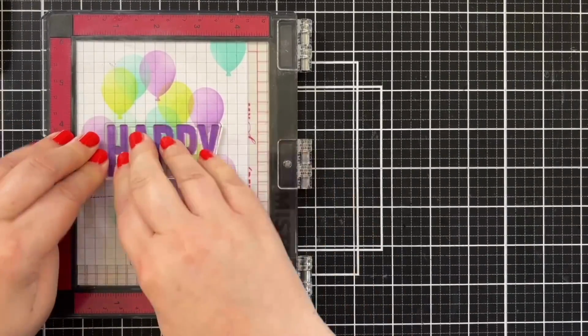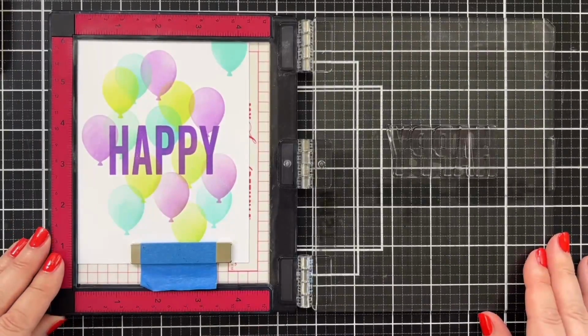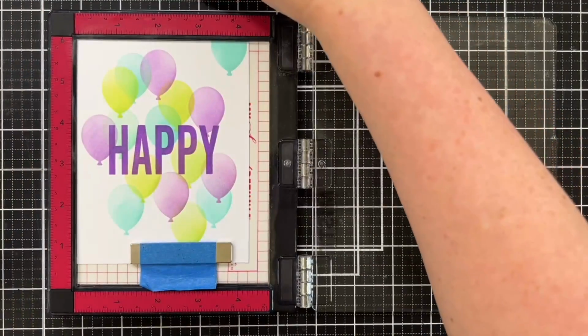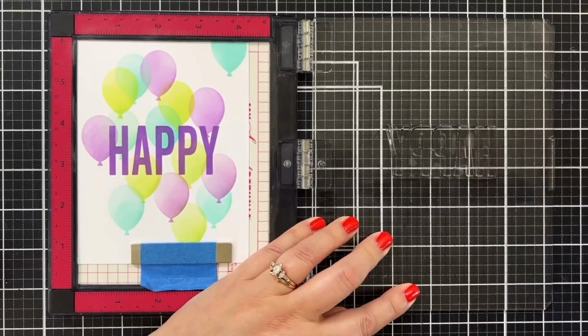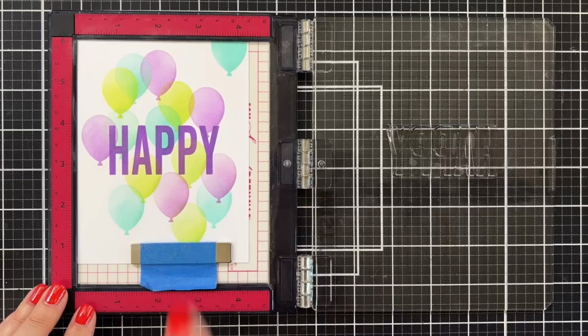This is what I love about the Misti tool, right? You're stamping it again and again in the same place. That would not be possible freehand unless you are the most coordinated person in the land. So that is the core of the design for now. I'm going to set myself a little timer for 30 minutes, come back, and then we're going to emboss birthday